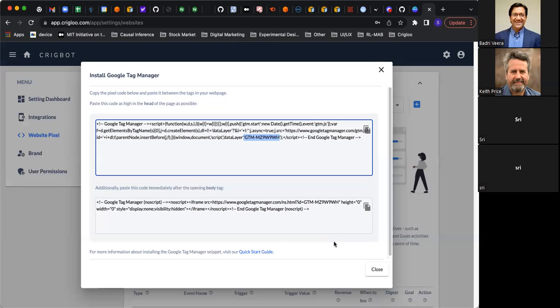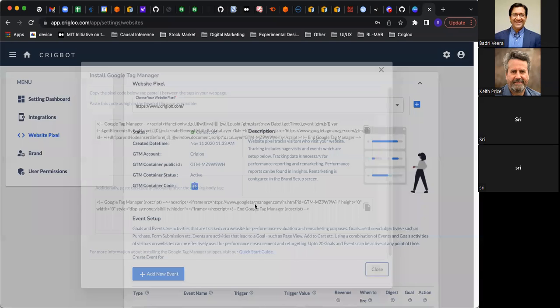One for us, Crigloo, where the data comes to our database. Secondly, we send data to Google Ads. We also send data to Facebook Ads. And it's possible because we have access to the GTM code, which is already embedded in the website. Got it. So this is just a one-time setup, right? Once this is done,